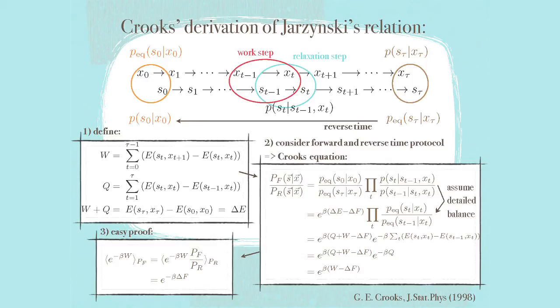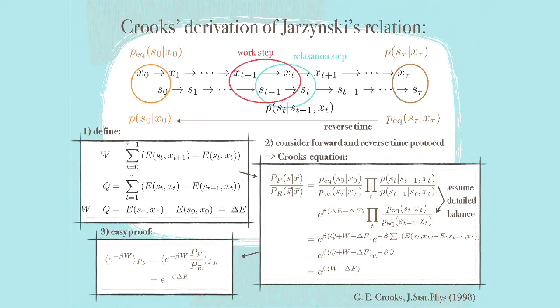Now, we can ask for the total probability of a path through the state space given an external protocol. So given that we run a protocol x0 to x tau, where these variables are now known, we can ask what's the likelihood of the system going through a path in its state space, and that would be this probability here. And then equally, we can ask what's the likelihood of finding the exact inverse path if we put in the exact inverse